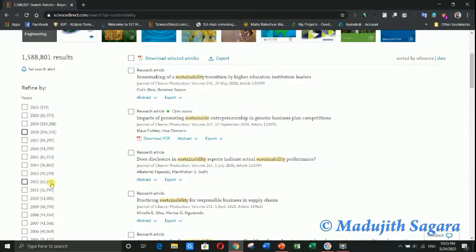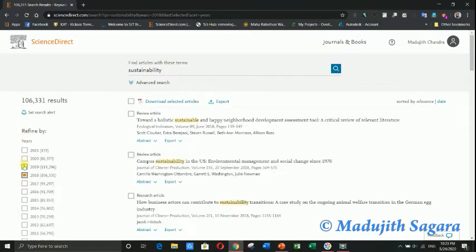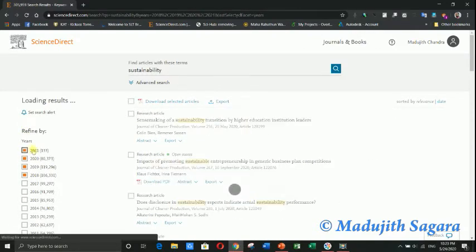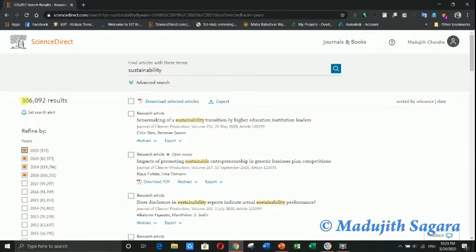Then think that we have to select papers from 2018, 2019, 2020 and 21. Think that the filtration it is about 3 lakhs. Before that it is more than 1 million. Then we will filter it to only 2019, 20 and 21, about 1 lakh. When it comes to 2020 and 2021, it is only about 80,000. Then this is a way of filtering it by the year.